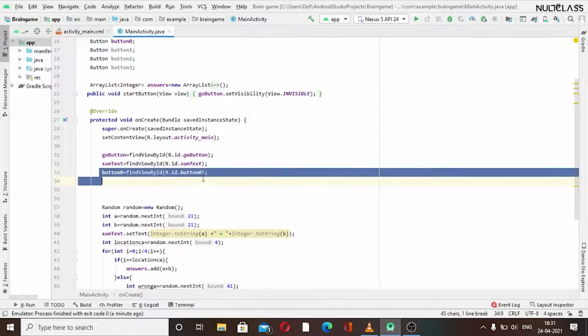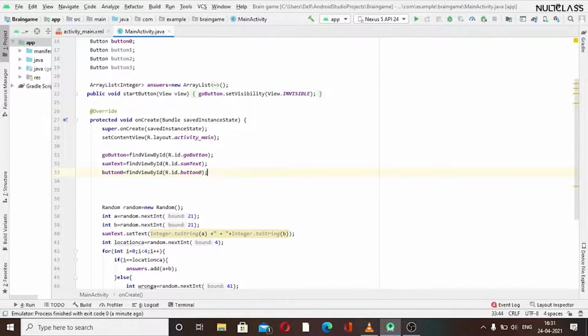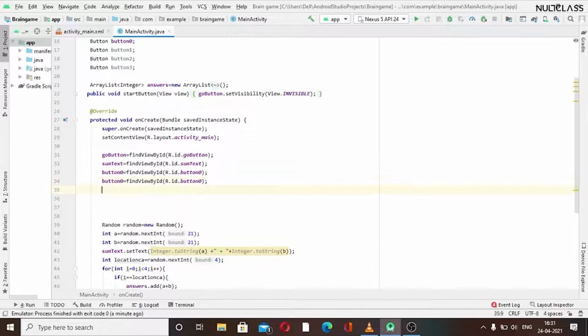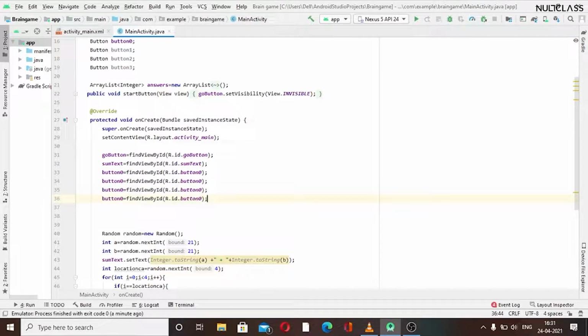So I will just copy it again and paste it here three times again. So we will just give their IDs here, and now we want these to this.